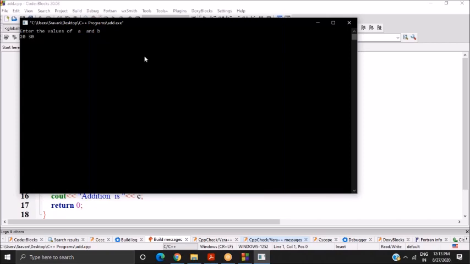The corresponding addition operation is performed, 20 plus 30. So that 50 is stored in c. And finally, I want to display the output c. Using the cout statement, "Addition is" c. So this is the case. Addition is 50. So this is about the input output operations used in C++.